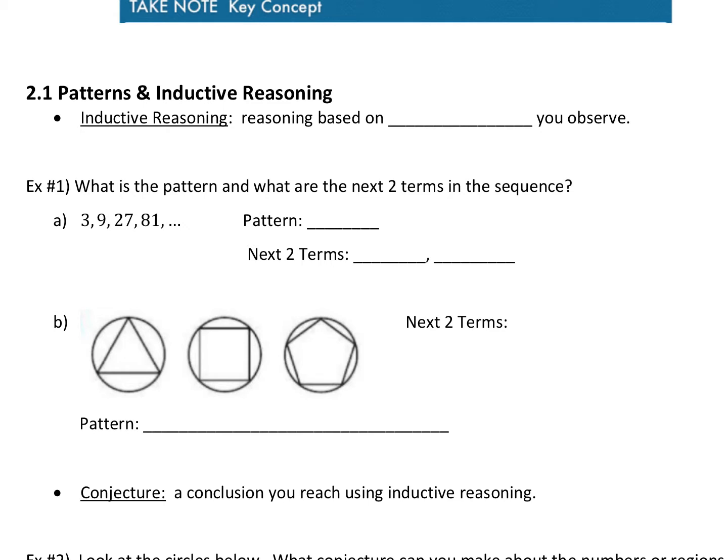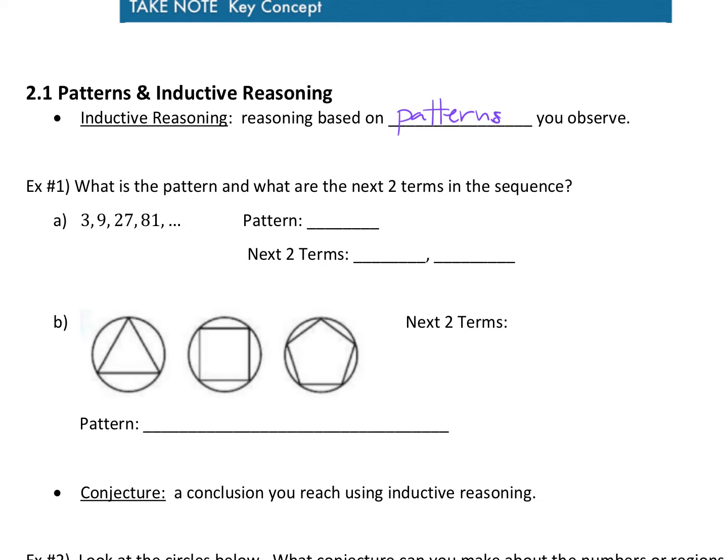So in doing that, we're going to start with what's called inductive reasoning. So there's deductive reasoning that we'll talk about in a little while, and then there's inductive reasoning. And inductive reasoning is reasoning based on patterns that you observe. Okay, so we're looking for a pattern to be happening so we can say, oh, so here's what should come